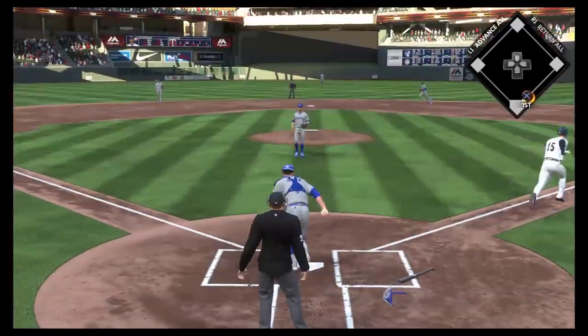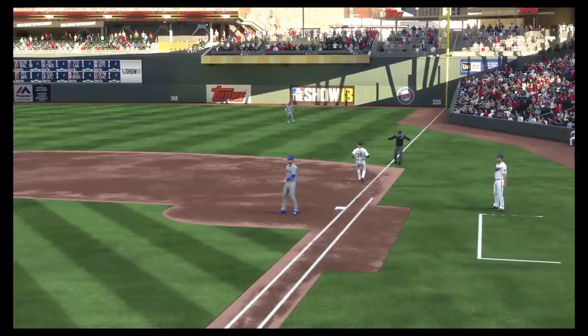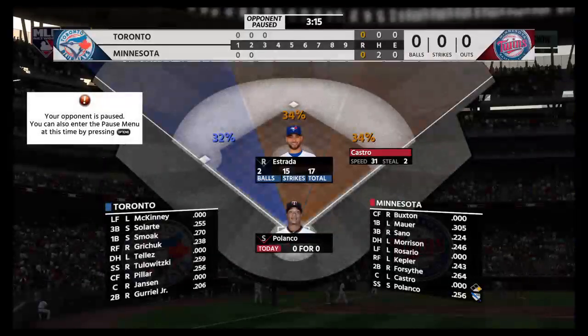Bounced softly in front of the plate. Throw not in time to get him, and how about that? An unlikely